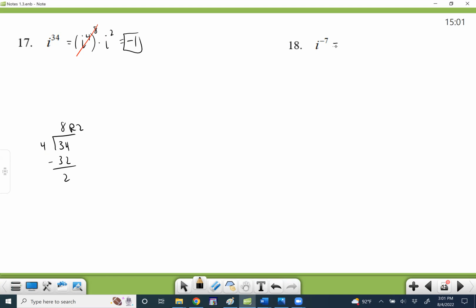The trick is we're going to rewrite it using the fact that any multiple of 4 will always be crossed off eventually, right? Because we said i to the 4 is 1, i to the 8, 12, that's 1, right? Okay. And even if I go in the negative direction,